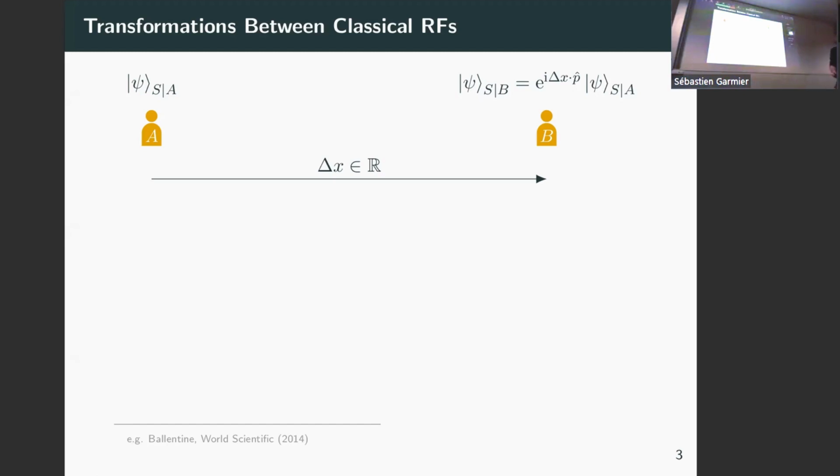And I'll go one step further. This delta x can actually be seen as a property of Bob's frame. So Bob will have a frame called B, some physical object, and there's this observable x B from A, which is essentially the position of Bob's frame seen from Alice. In this case, this observable has a definite value, it is delta x. And so Alice knows that if she wants to transform her state to Bob, she has to do the transformation by that amount.